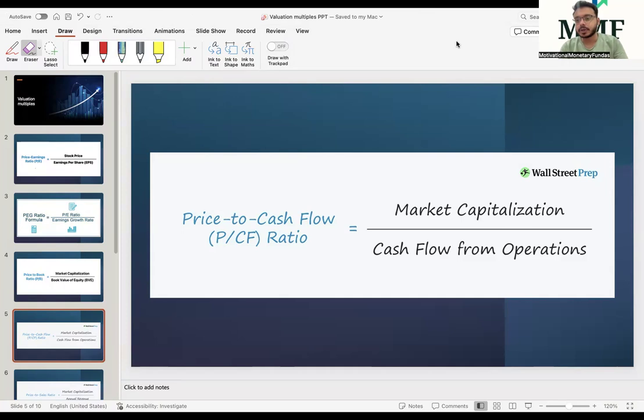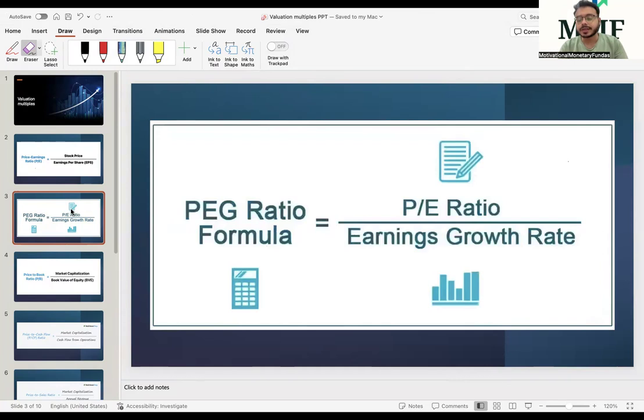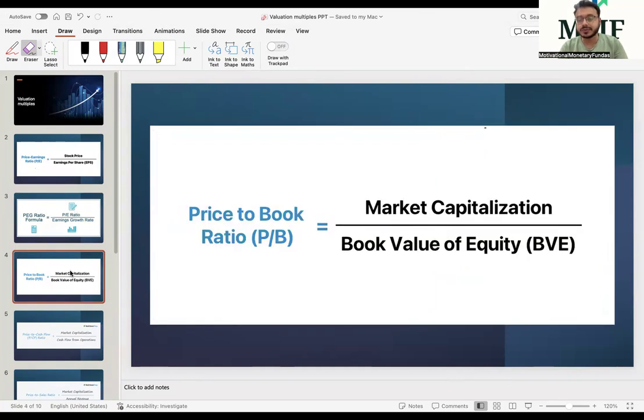And again, this is a continuous series to make you understand and have a deep dive knowledge and understanding upon the valuation metrics. So, again, we started from the price to earning multiple in the previous session. We talked about the inverse of the price to earning multiple as well, that is the earnings yield ratio. We talked about the price to earning growth multiple as well. And in the previous session, we talked about the price to book value multiple.